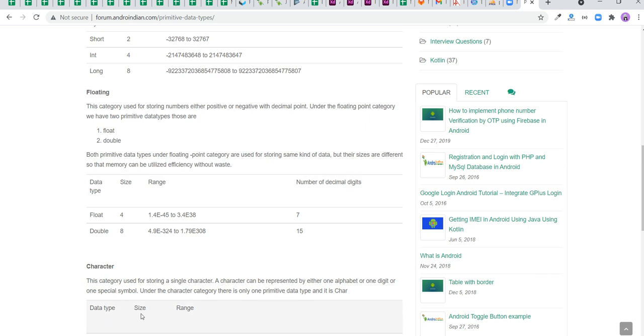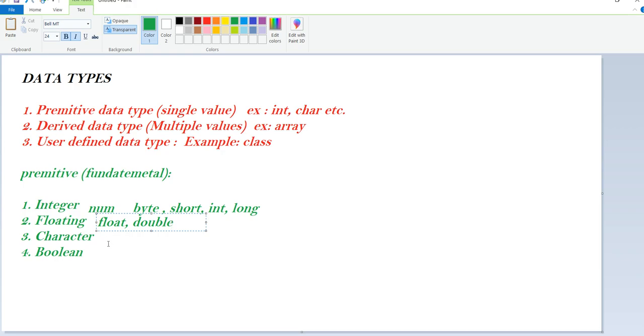Then after floating, we'll see the next category, that is character. What is character? This category is used for storing a single character. A character can be represented by either one alphabet, one digit, or one special symbol.